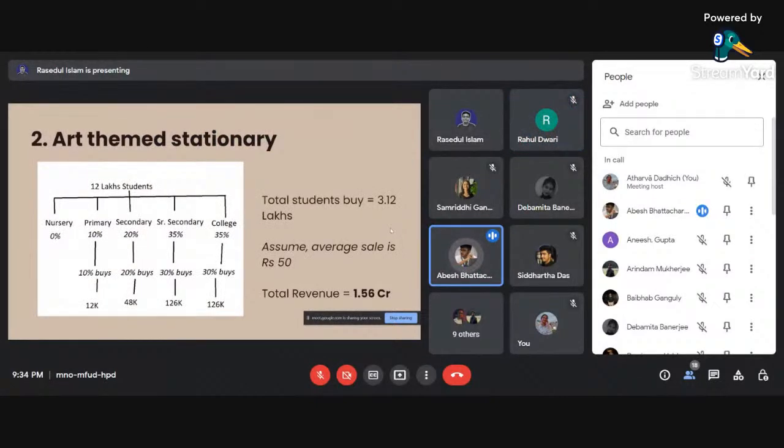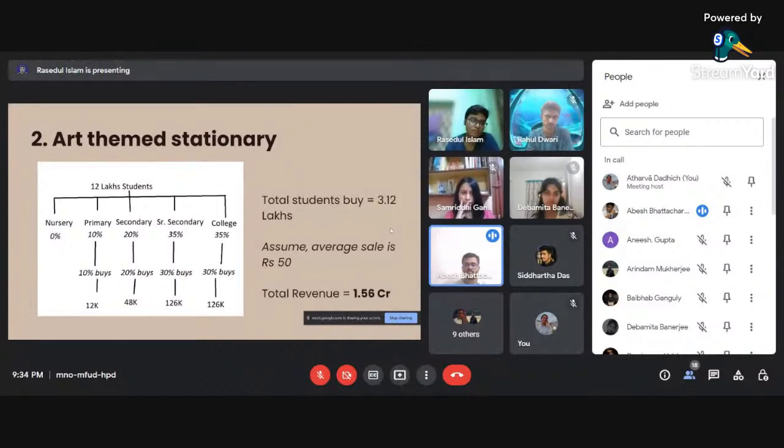So now we would like the Arts Foundation to introduce art-themed stationery for the students who are willing to buy. So let's assume there are 12 lakh students going: 10% of them from primary, 20% from secondary, 35% from senior secondary, and 35% college students visiting the museum. Now, we assume that only 10% of those primary students visiting buy it. So that amounts up to